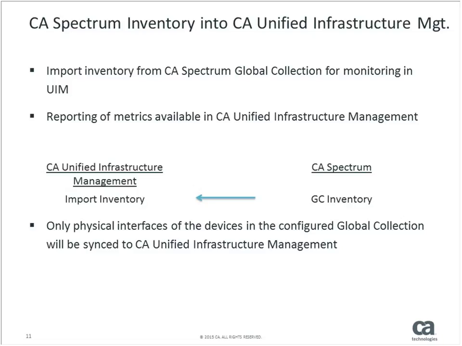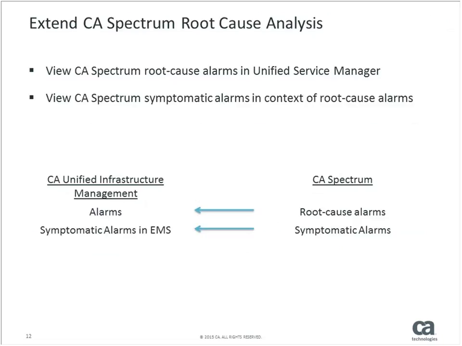This is the part that I talked about, leveraging the root cause analysis capabilities within UIM. So what we have done is UIM now will consume the root cause alarms from Spectrum because Spectrum understands that. We have added capability through the integration in UIM where UIM will now understand which one is the root cause alarm and which one is the symptomatic alarm. And UIM will then go and suppress those alarms within UIM as well. So essentially the alarm suppression value that you would get in Spectrum, now you get in UIM as well without needing to change your console to the Spectrum OneClick.